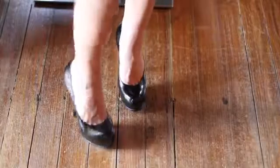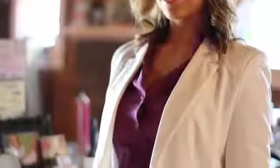Frisco, Texas. Today I'm going to talk to you about what color of a button-down goes under a white blazer. Monica has on her white blazer with a black pencil skirt and a purple button-down from Express. We have just simple jewelry from Stella & Dot, YSL pumps, but the purple button-down really makes her white blazer